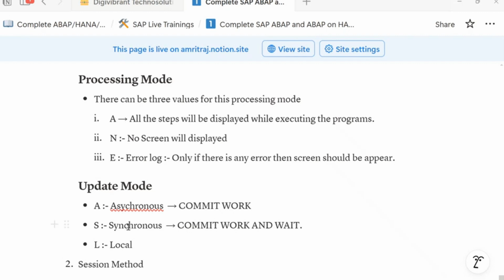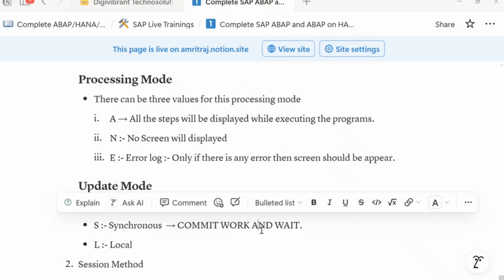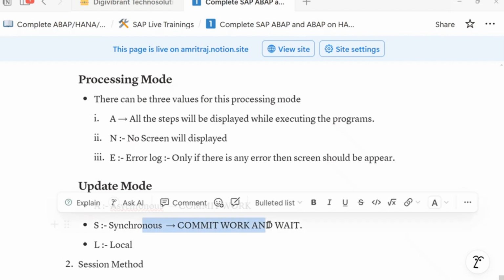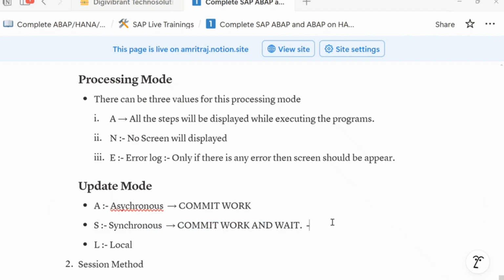Here the system and the process that is happening will be in sync, so that once a record is getting created, the system will wait for a few microseconds and then it will continue to the next record. This is always considered the best option because it ensures proper flow